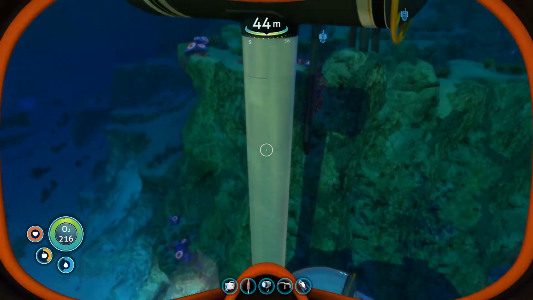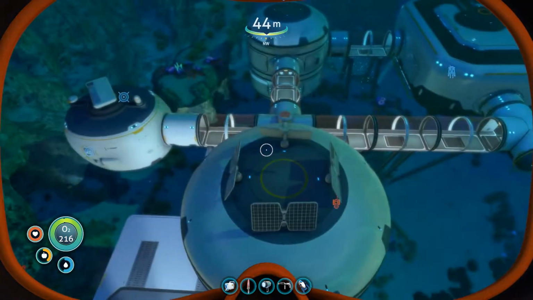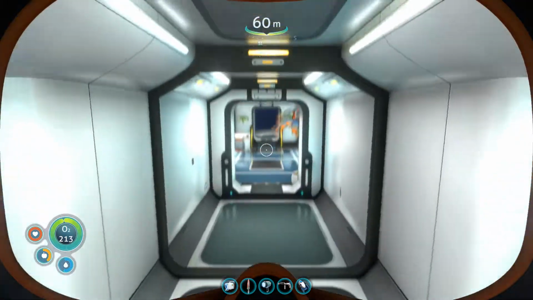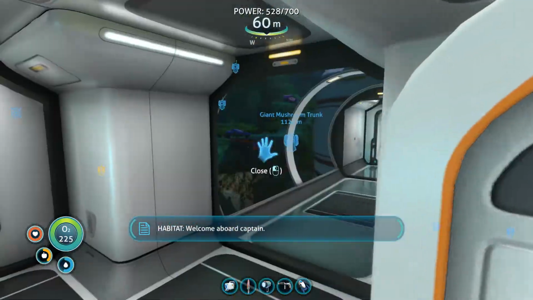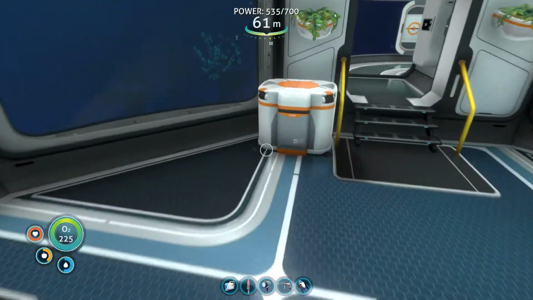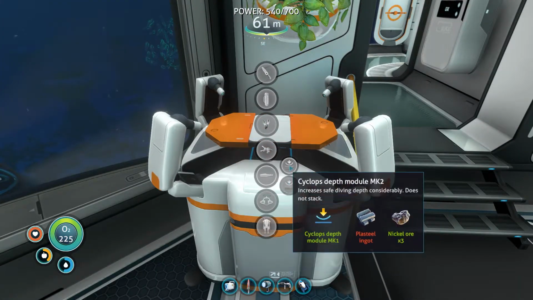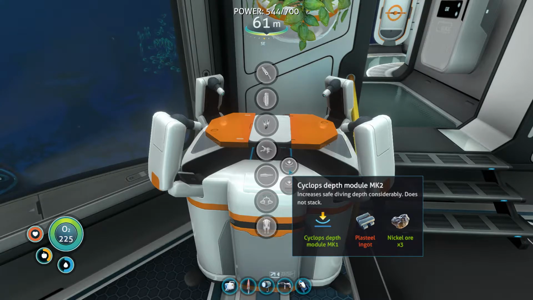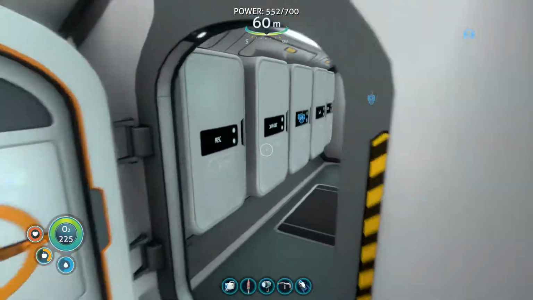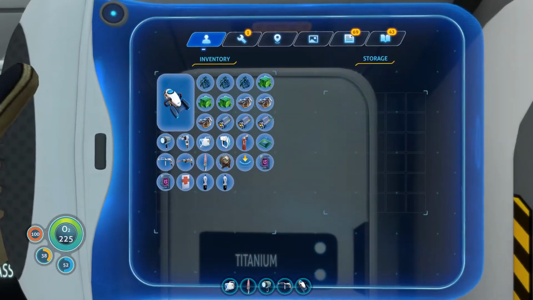Alright, base seems to be doing okay. Don't see water filling it this time. Welcome aboard, Captain. Yeah, we're good. Ah, that's what I thought. Plasteel ingot. Now, that's not going to be terribly challenging. I've already pulled out all my titanium from here, though, so we're going to need more titanium. Also,